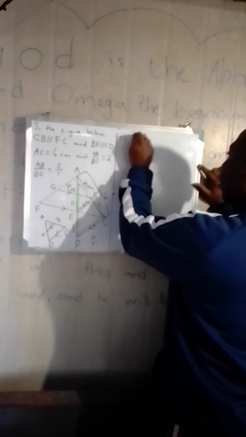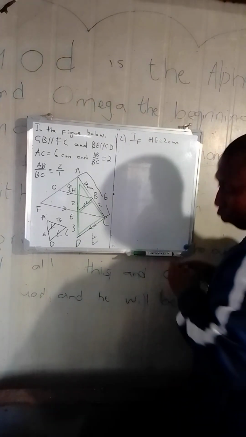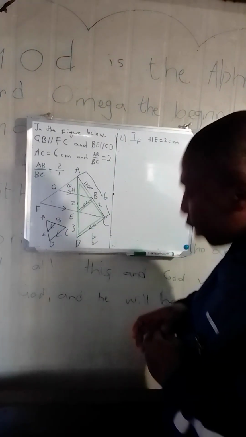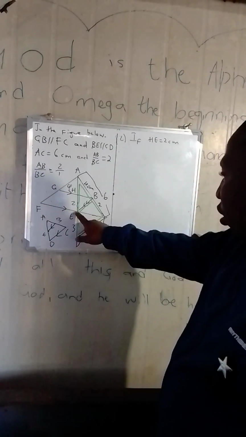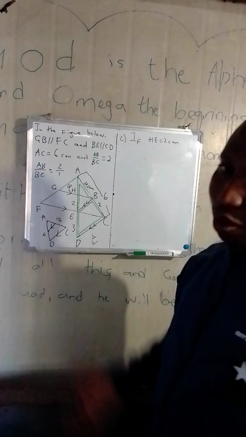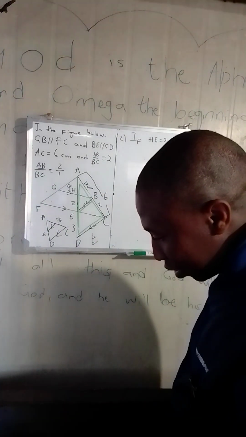If HE equals 2 centimeters, so now we've been given HE as 2 centimeters. So HE is 2. Okay, already got it. They've already told us. So HE is 2. They say calculate